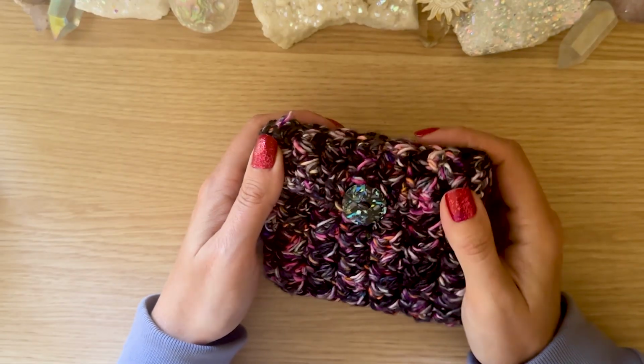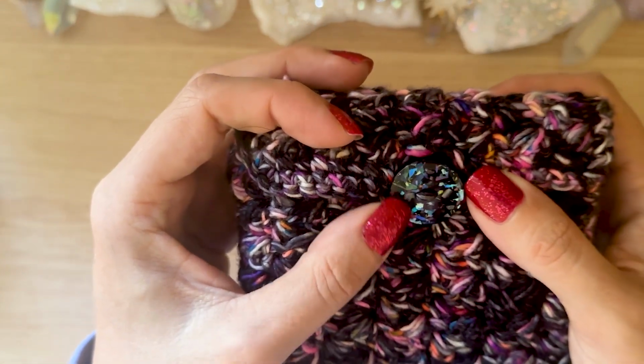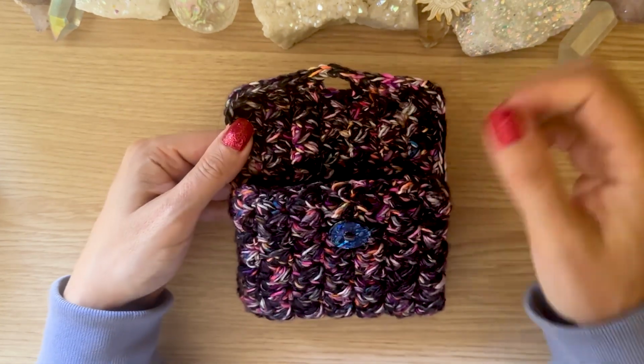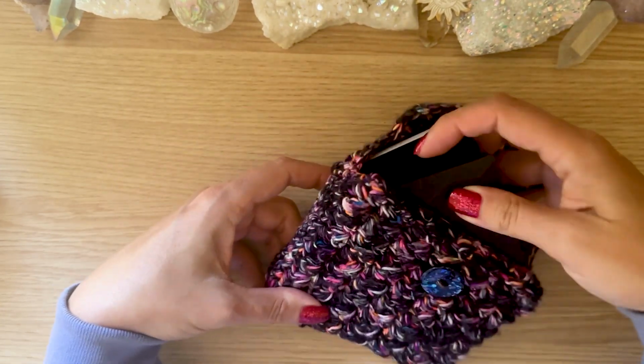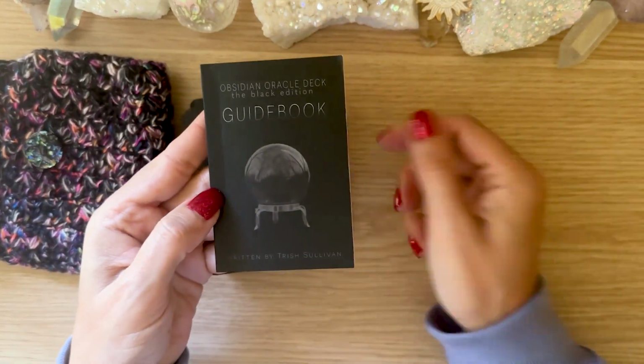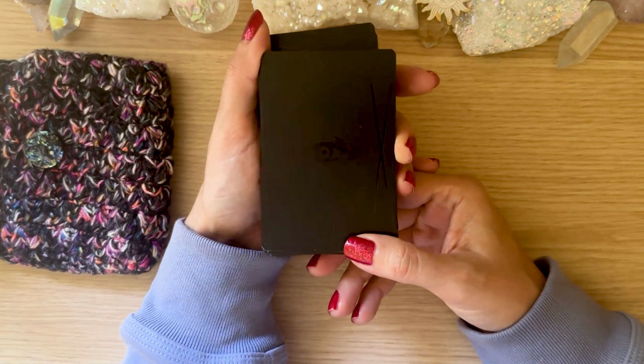Okay, so now we've got this little baggie with another one of those iridescent kind of buttons. I don't know if that's coming up. This was in Sedge Stitch, I think, which is kind of cool, but it's not a stitch that I used very much. And we've got the Obsidian Oracle. This is one of my favorite all-time oracles. It's got a beautiful